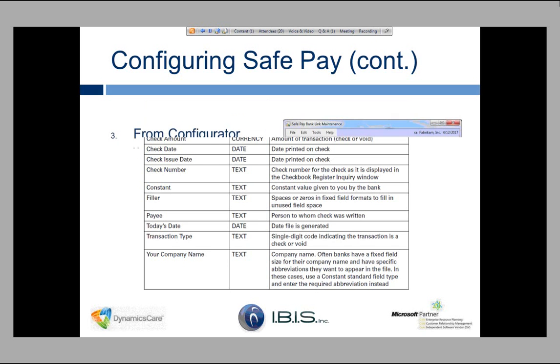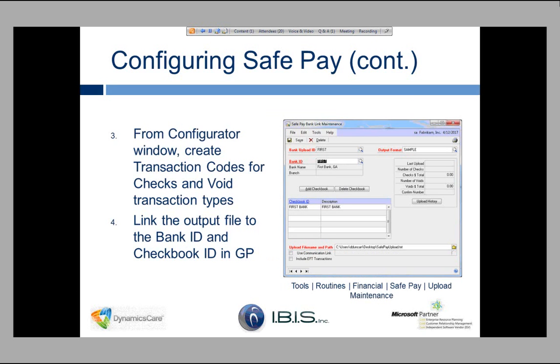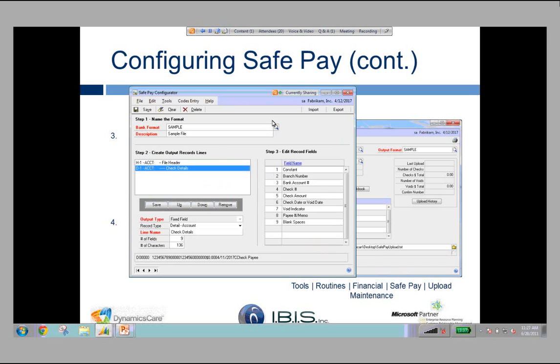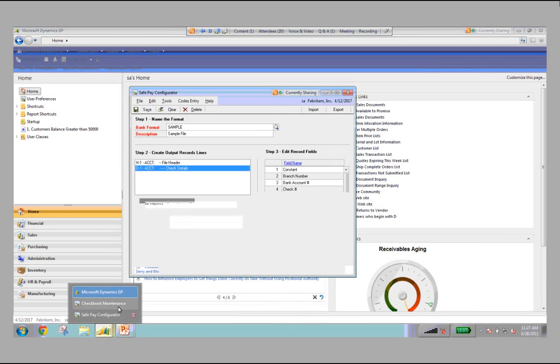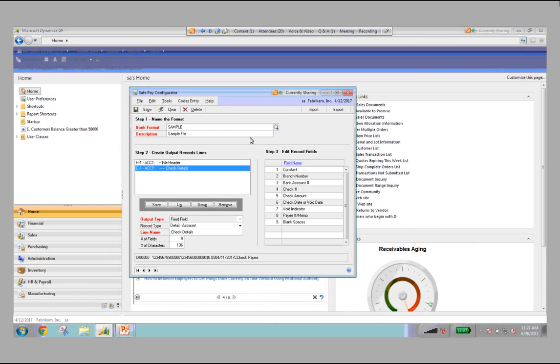Our next step with configuring SafePay involved creating the transaction codes that identify checks and void transaction types. We also need to link the output file to the bank and checkbook ID that we've set up in GP. And how do we do that? We go back into GP, and we will notice at the top of the SafePay configurator window, we have a